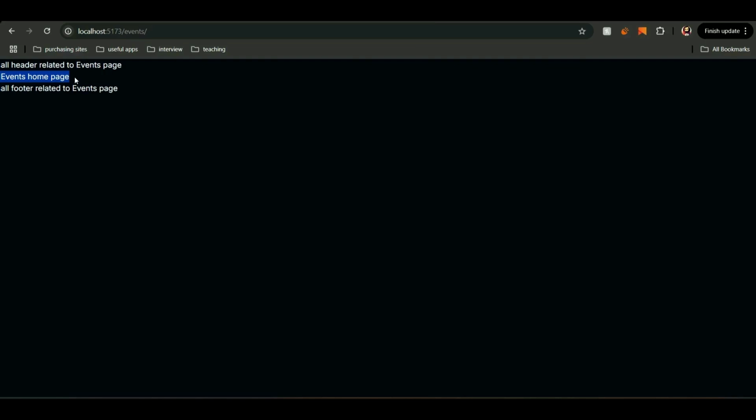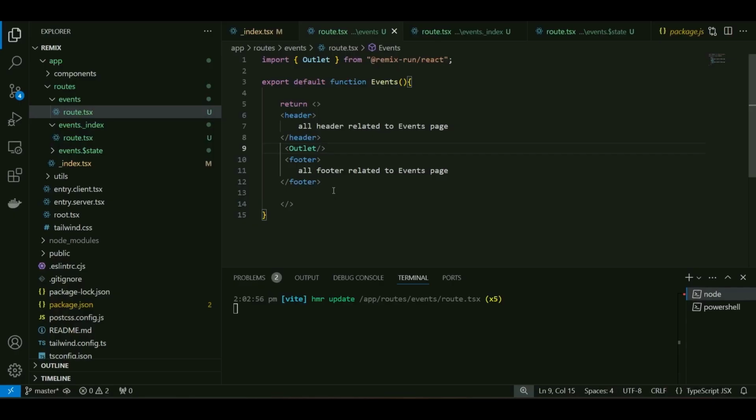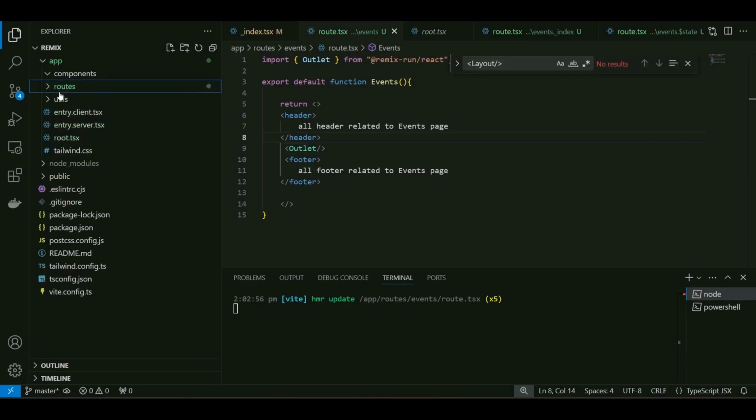Why are we creating layouts? To have common code for all the children of this event. That is the beauty of Remix. You can create n number of layouts you want to use. You can have everything wrapped under a layout, so you don't need to repeat things again and again for all the pages you have. So if I collapse all the folders here and see all the files which are available by